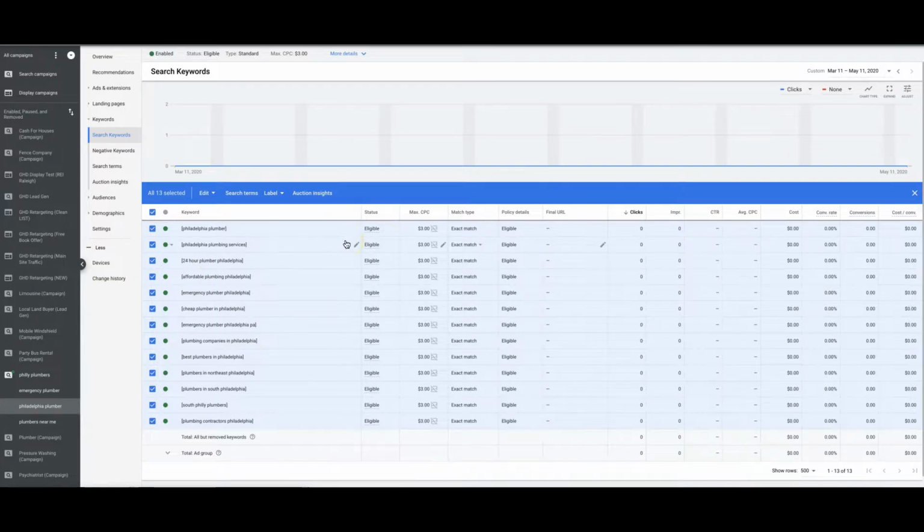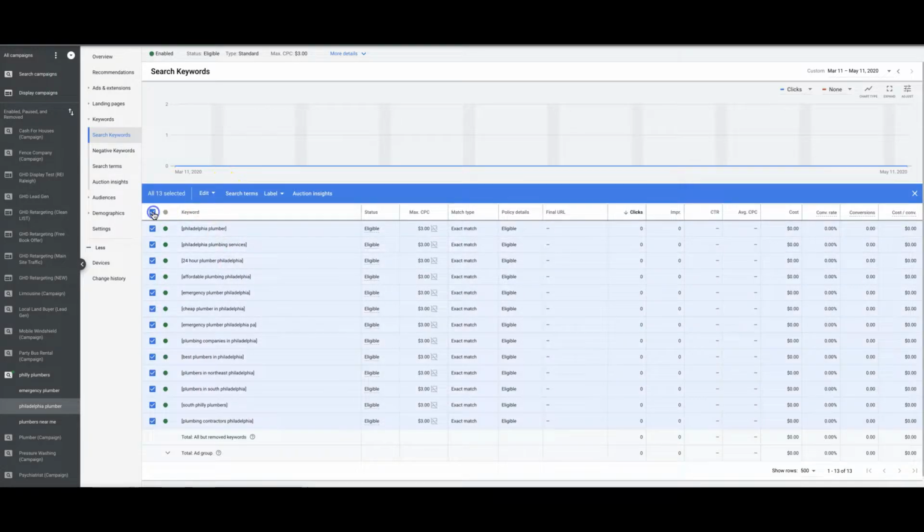So same drill. You're going to go through, you're going to do each ad group. You're just going to come in, take your exact keywords, clone them, make them phrase match, and then go into your ads and create your ads for that ad group and move on. And then once you do all of your ad groups and you're done,